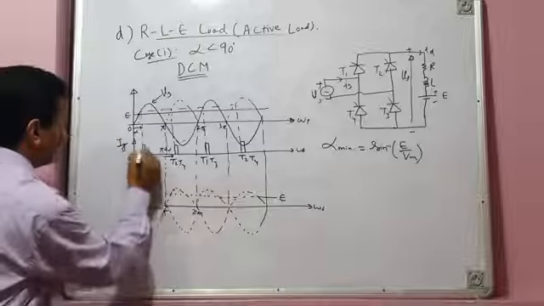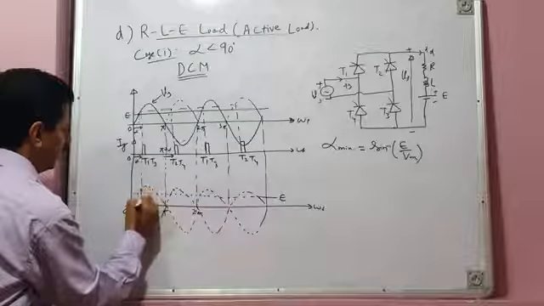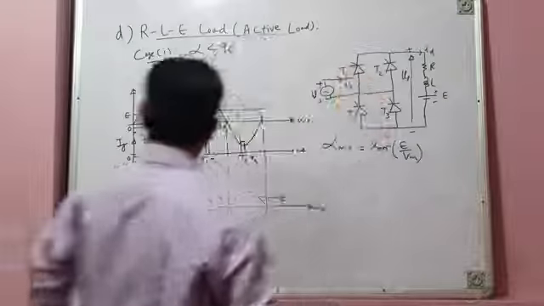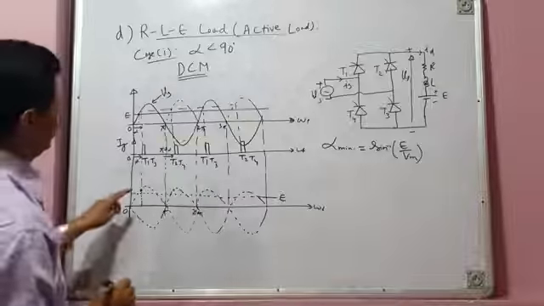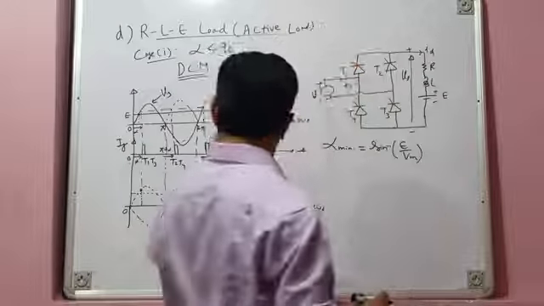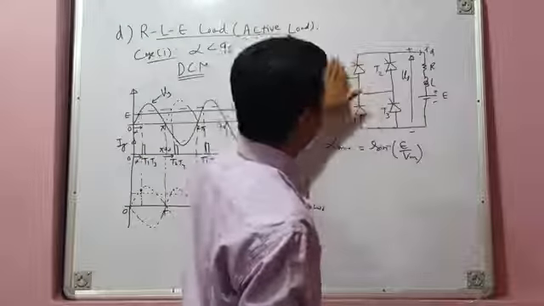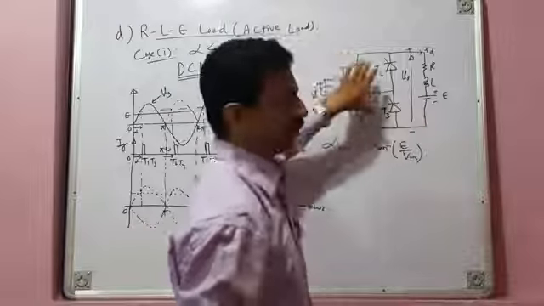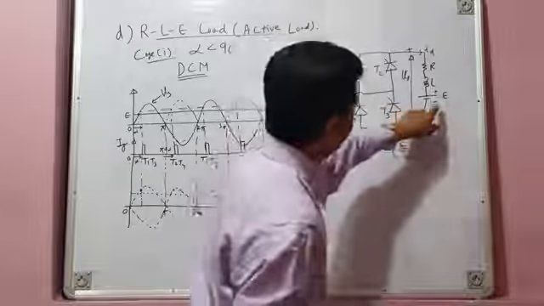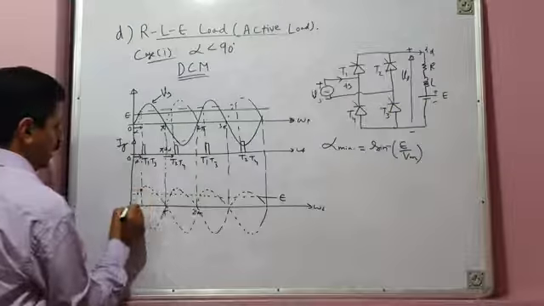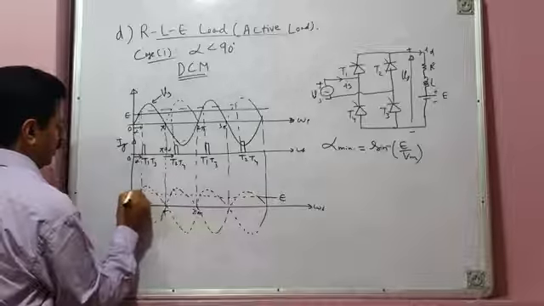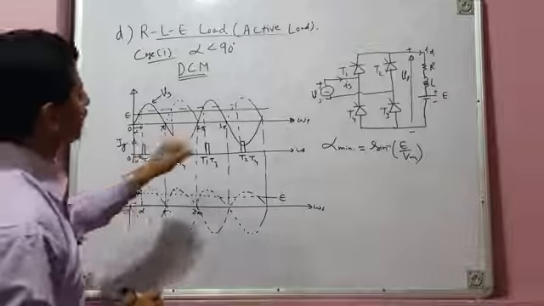Now at this point, firing pulse is issued to T1, and a positive half cycle of source voltage is there. The T1, T3 pair is fired. Before the firing of T1, T3, let us assume no device was fired previously, there was no previous conduction. We start our conduction right from here. All four devices were off, and the load was disconnected from the source. Load voltage is not zero; the load has its own voltage. So load voltage is equal to its own voltage, E, from 0 to alpha. At alpha, firing pulse is issued to the T1, T3 pair.